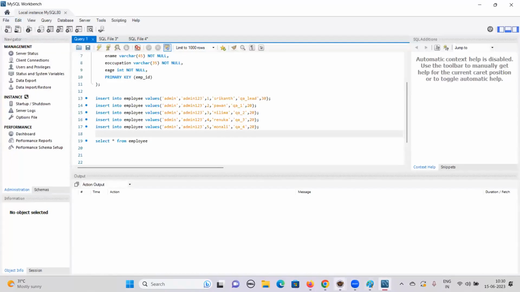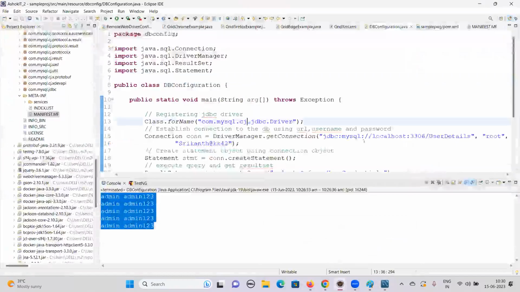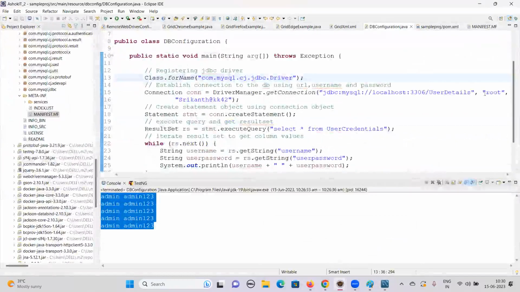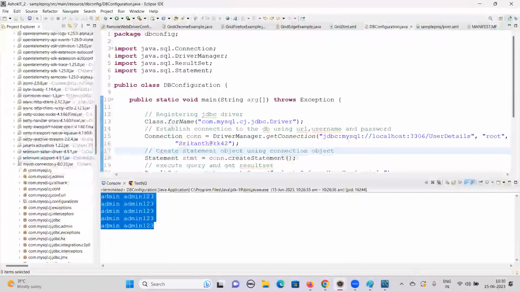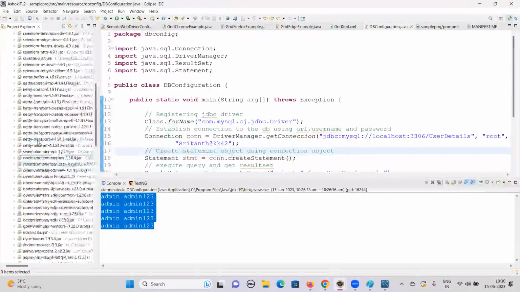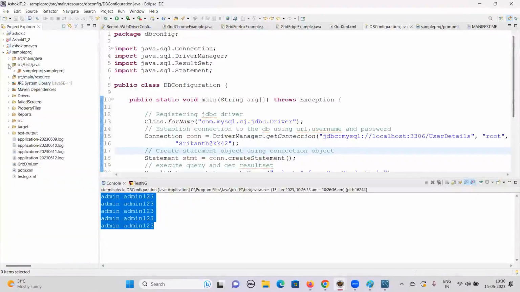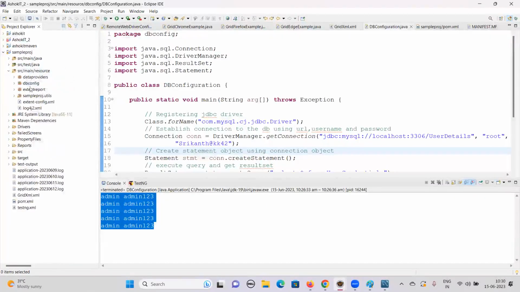And this same password we are going to use when we are trying to connect to the database. Here you can see username and password: root as the username, and here we are giving the password. Once we are done with that, we have to come to this particular project and take the package here. You can take whichever package you want. I'm just putting everything under resources